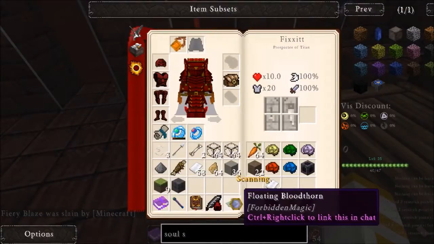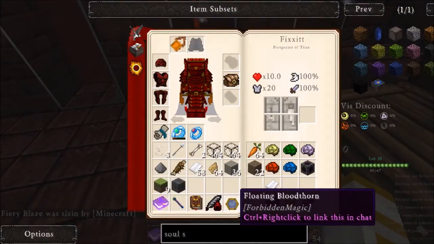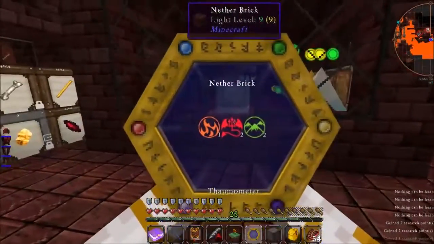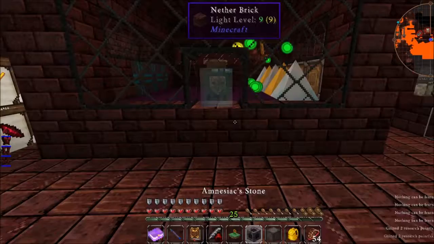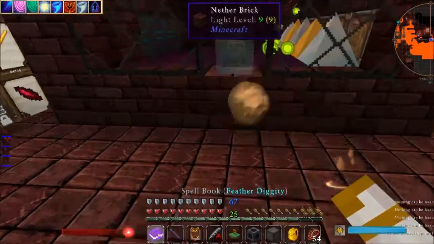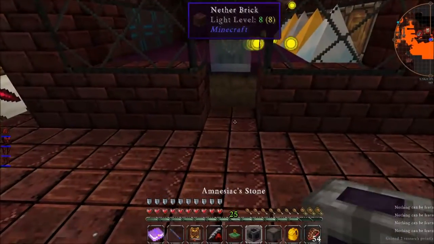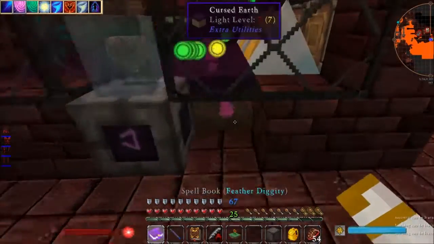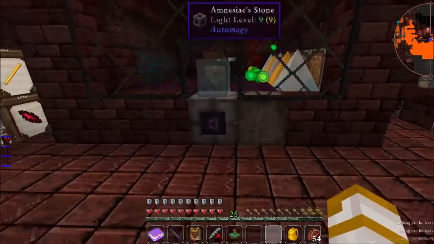Wow. I can't believe a specifically Thaumcraft thing doesn't give experience. Huh. Okay, wow, lame. Okay, so I guess the thing I'd want to do is put this amnesiac stone underneath this. And then I think...